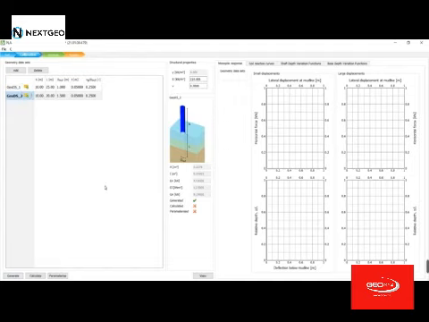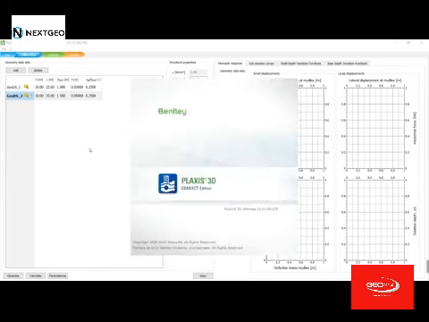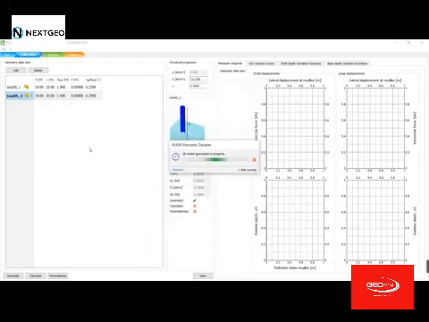In here, the regeneration will be creating itself, and you can see the jumping part of the Plaxis 3D, like this. Right now the Plaxis 3D is automatically going to open itself, and it's going to create the whole model in 3D version and prepare itself for calculating it. What's happened in here, you can see